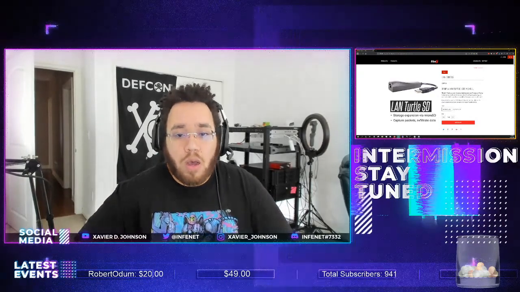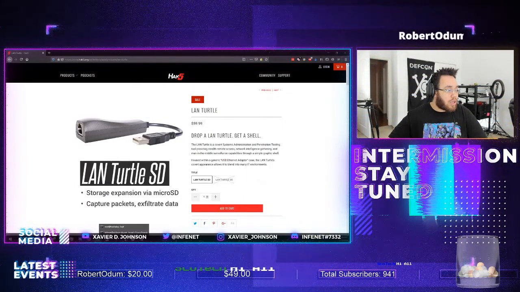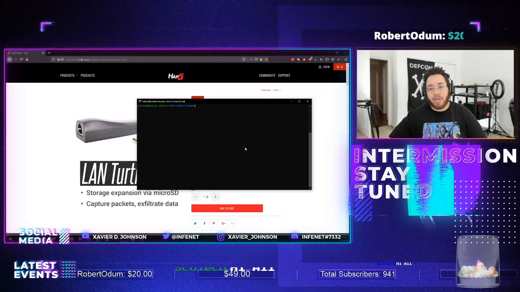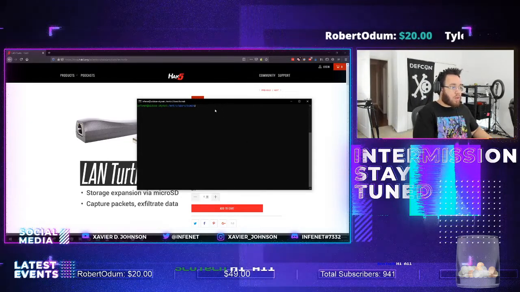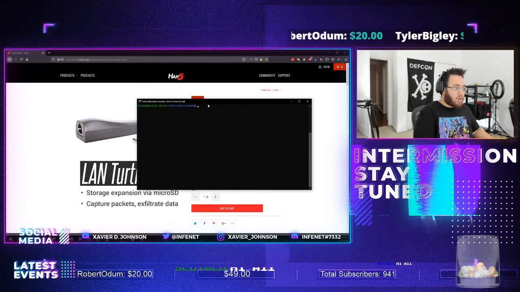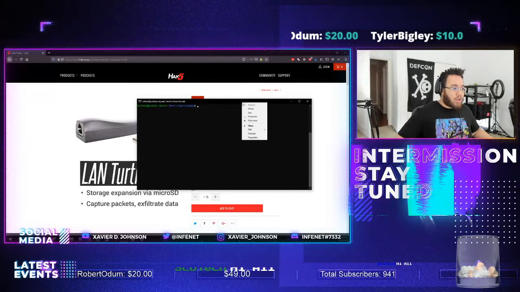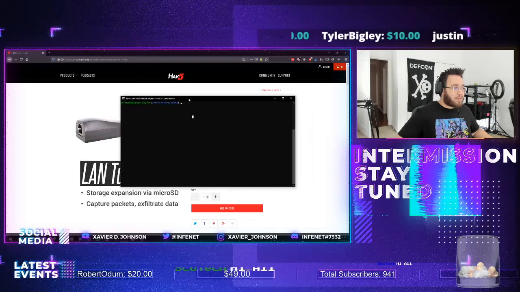So this device has been planted, and now I want to show you exactly what it looks like when I go ahead and try to connect to this. All right, so here, how do I zoom in on this thing? I thought I could increase the size. I guess I cannot. Nevertheless,